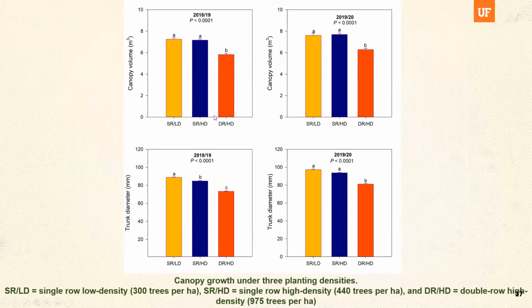Here the x-axis represents 3 planting densities and y-axis represents canopy growth on top and trunk diameter on bottom. The double row high density planting represented by red bar, single row high density planting represented by blue bar, and yellow represents single row low density planting. As you can see, with increase in planting density, the canopy growth and trunk diameter decreases. The canopy volume decreased 37% and the trunk diameter decreased 17% in double row high density planting compared to single